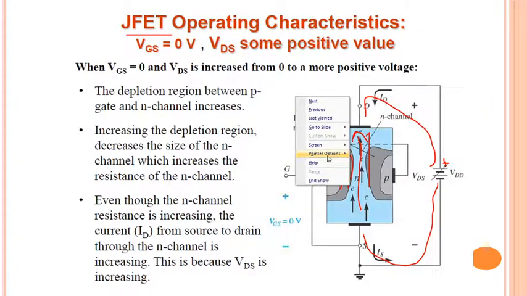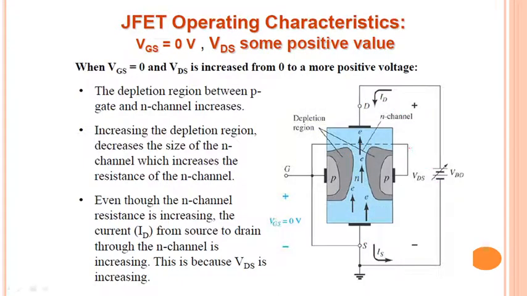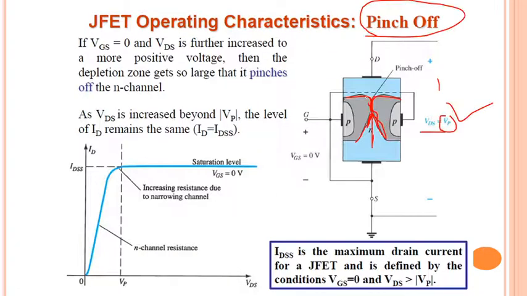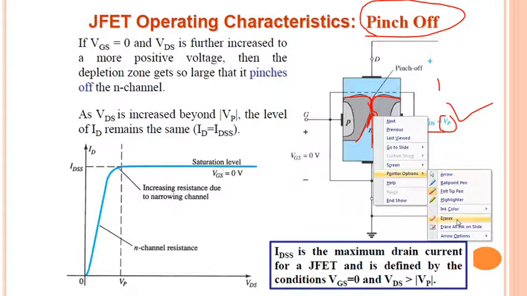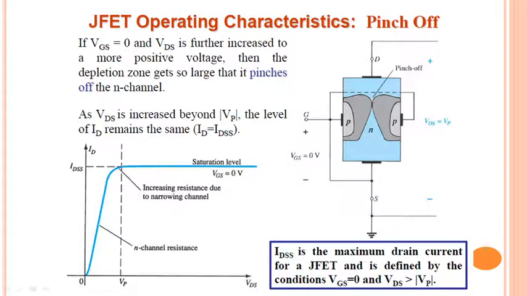Just a minute. I will rub this portion first. We are applying the VDS across this. VDS is nothing but the voltage across drain and source. We are applying this voltage across these terminals. If I am applying voltage across this, current is going to flow. So 1 volt, 2 volt, 3 volt, 5 volt, 6 volt. At a certain voltage, the depletion region is going to be attached over there, and due to this the electrons will not flow, and that VDS is nothing but the pinch off voltage,